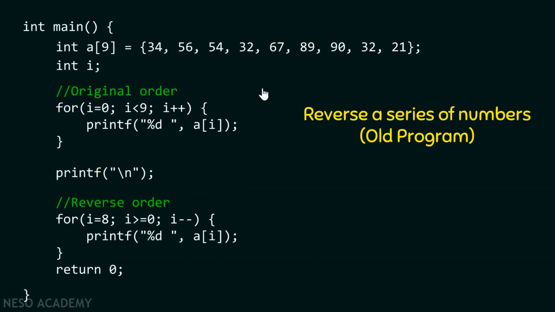Recall this program in which we have learned how to reverse a series of numbers. If we have this series and we want to reverse it, that means we want to print all these elements in reverse order, then we can do that by simply writing this piece of code. It says that start from index 8 and go down to index 0 and print all these elements in reverse order, right? We can see here I'm specifying the length at the time of compilation, that means at the time